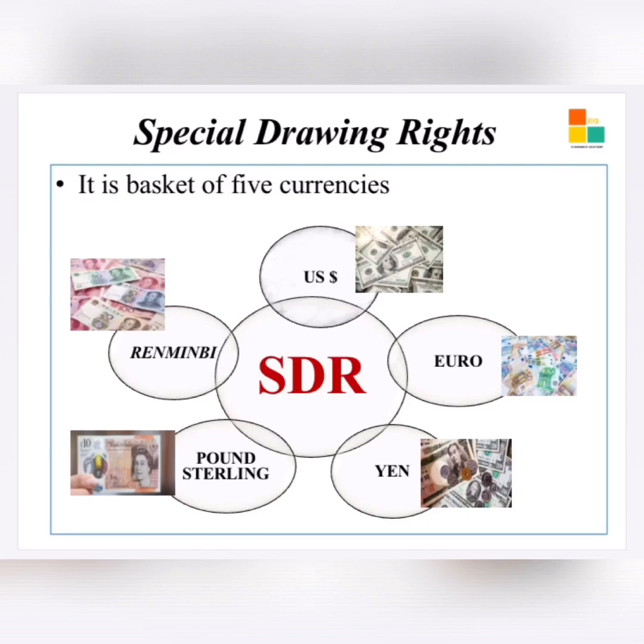Exchange rate is nothing but the rate at which home currency is exchanged for 1 unit of foreign currency. For example, today's value of Indian currency with respect to the US dollar is 76.14 rupees. Therefore, based on the average exchange rate derived from the basket of 5 currencies, the country's quotas will be expressed in SDR. For example, India's quota is expressed in SDR in place of Indian rupee or US dollar.